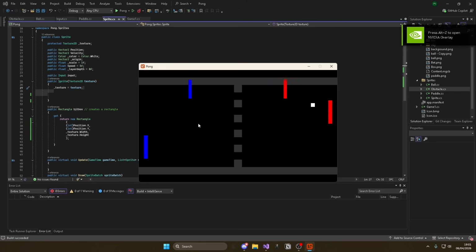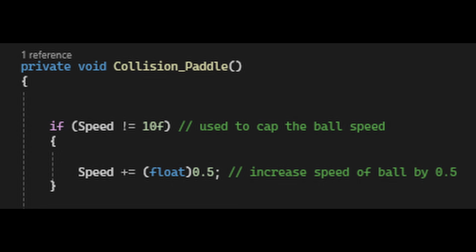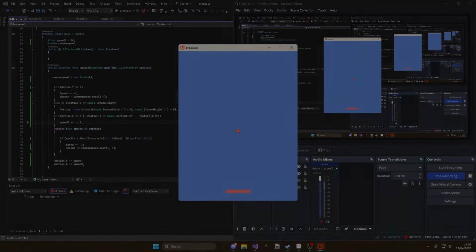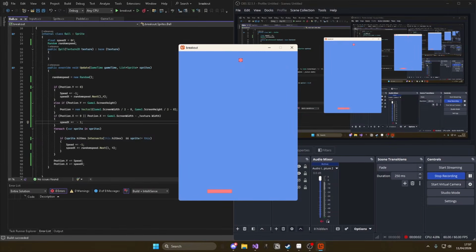Now, I'm not sure if this clip shows it well, but every time the ball gets hit, its speed increases, and it's done by this piece of code. As long as the speed's not 10, it adds 0.5 every time it gets hit. Now, with the knowledge I gained from making Pong, I decided to make a similar game